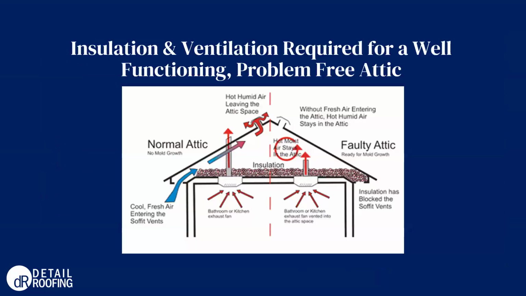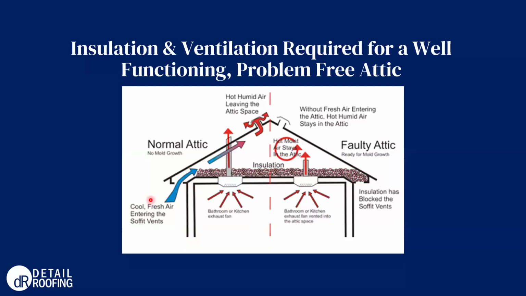And just looking at the different aspects of an attic and how they function together to promote a well-functioning, problem-free space. So a well-functioning attic, to help keep any interior heat inside the conditioned living space, you're going to have attic insulation with a vapor barrier underneath, evenly distributed throughout the space. One thing you want to be mindful of is that the insulation is not blocking the very edge of the roof, because that's where you're going to typically have your soffit vents for air intake. It's very important for there to be adequate airflow throughout the attic.